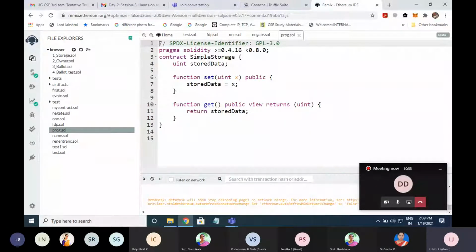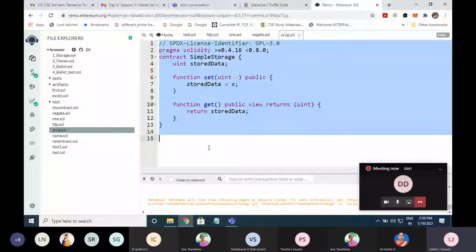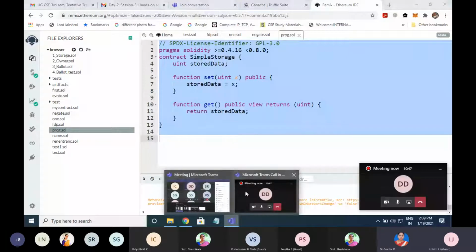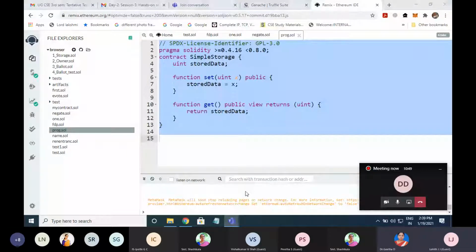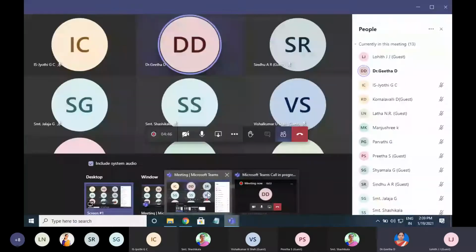People who are trying to work with me, I'll paste this code in the chat box. Madam, is it possible for me to enable the chat box? Is it possible to enable?